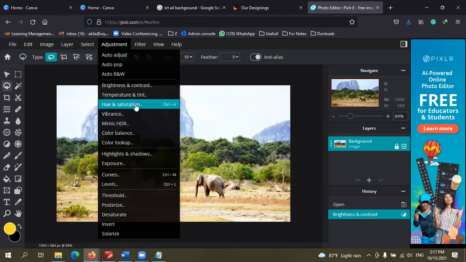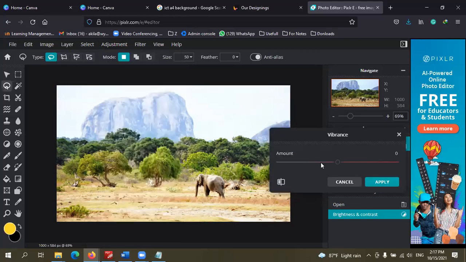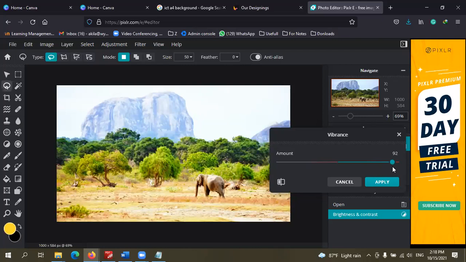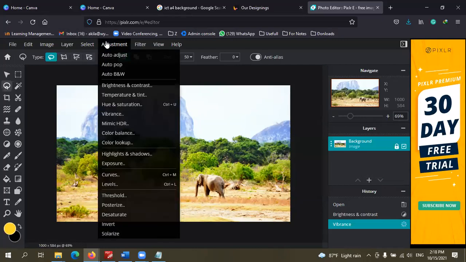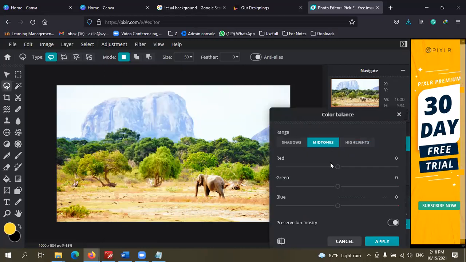Again, adjustments. Vibrance means the color depth. You can change the color depth. See, if I reduce that, the color depth will be reduced. If you increase it, the reddish color will improve, right? Apply. Then again, color balance.